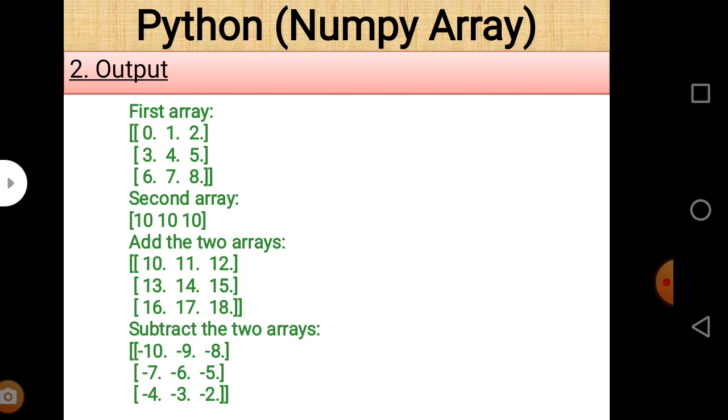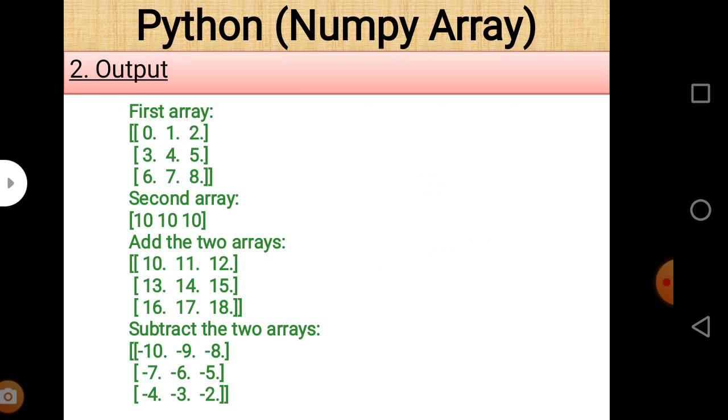It is a very important point that whenever you want to perform addition, subtraction, multiplication or division using two arrays, the shape of the second array is the same as that of the first one, or the columns of the second array must be the same as those of the first array. Here the first array contains 3 columns and the second array contains 3